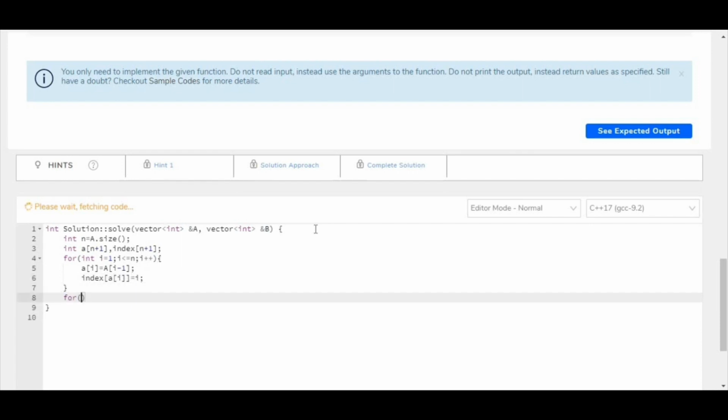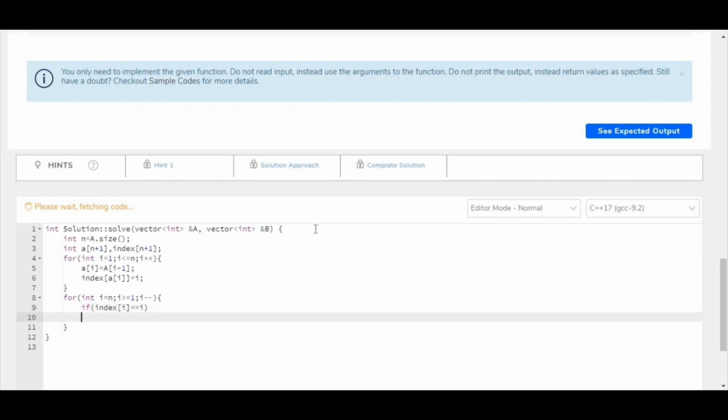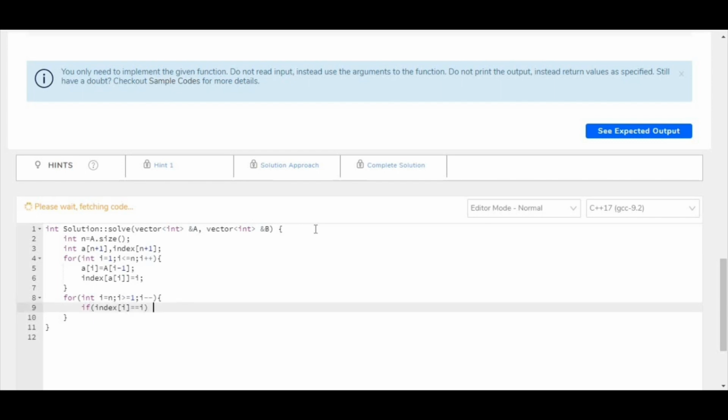Now we'll move from the nth element to 1, so i greater than or equal to 1, i minus minus, because we are correcting the positions from the last element to the first element. If it is already at the correct position, so index of i is equal to i, because the correct position for i is actually i, we'll continue because we don't need to do anything.